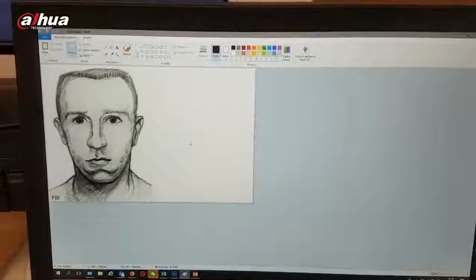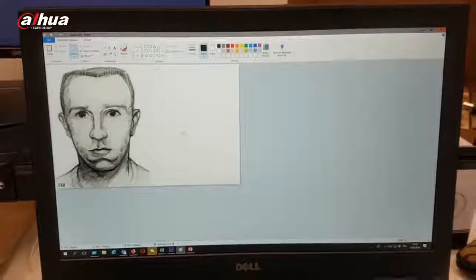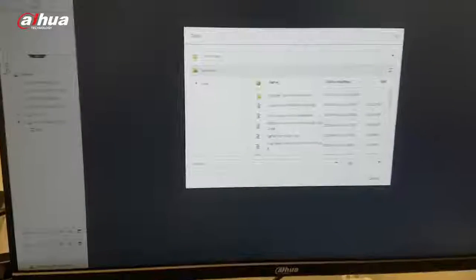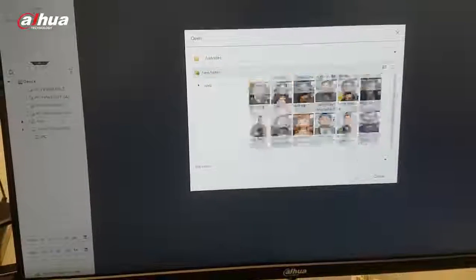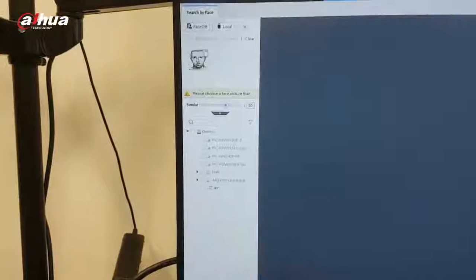They were looking for this guy using this police sketch that they prepared, talking with the guys that rented a car for him. But what we can do with this kind of sketch with current technology, with current equipment, is what you can see here: IVSS, the new platform from Dahua, using deep learning solutions. So we put a picture inside, actually not a picture but a police sketch, and we can use this sketch to search